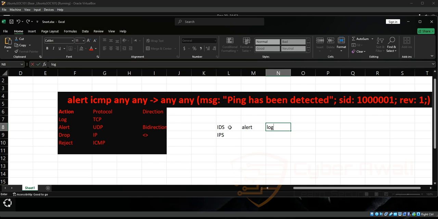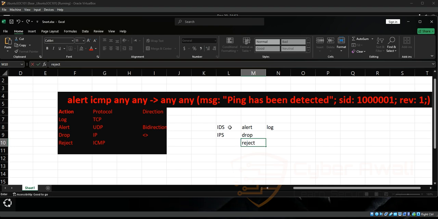But when we use Snort as IPS, that's when we can do drop. It's going to drop that specific packet and won't let it connect with the traffic and continue the flow. And also, when we set up Snort as IPS, we can put reject. What it means is it's not going to let any traffic come from that, and it's going to reject or